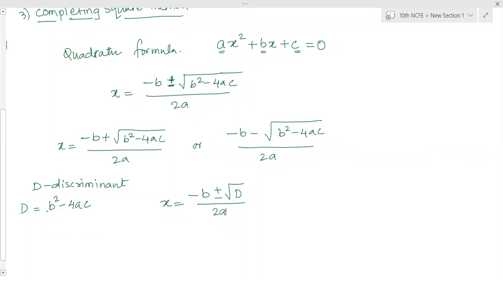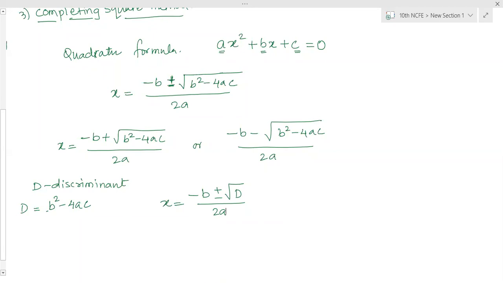Ma'am, what's the use of that discriminant? Yeah, one second. Why are we using this D? First thing, we have to check whether the equation has real roots or not, that is, whether the solutions for the values of x are real or imaginary. If we keep solving and at the end we get to know that it doesn't have real roots, then it is a wastage of time. So to save that time, we find the value of D.